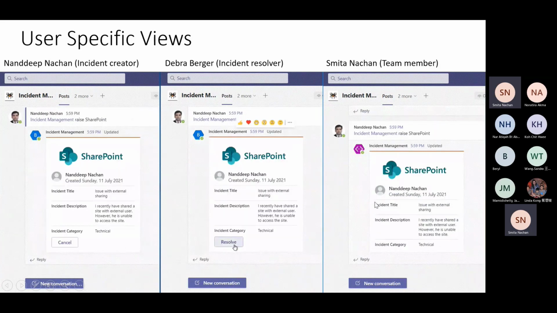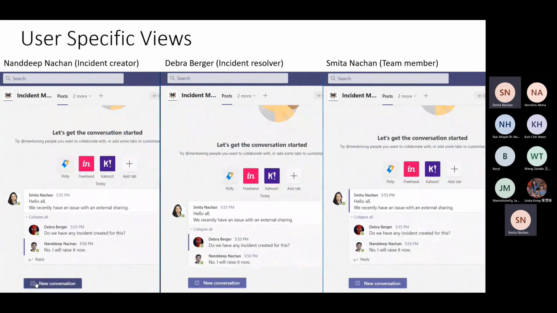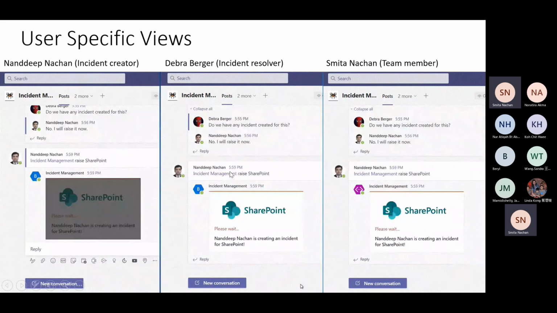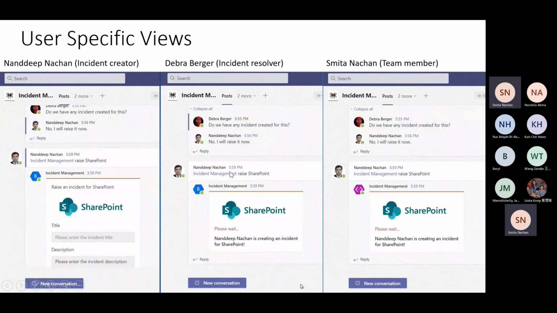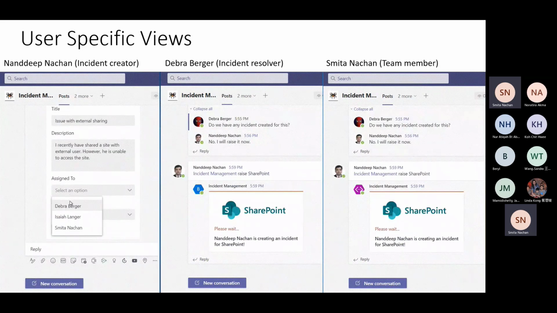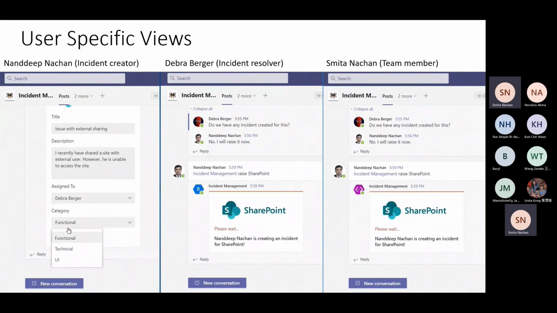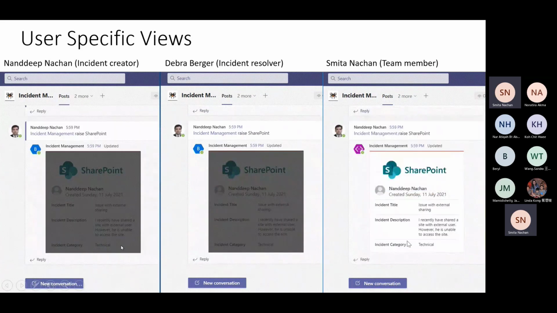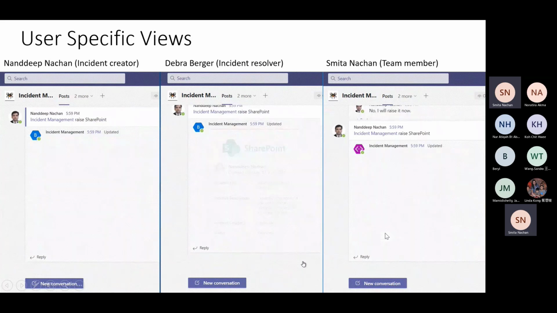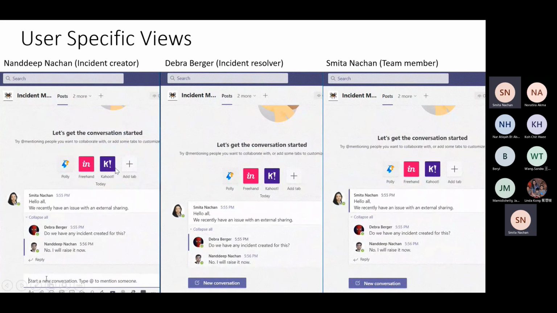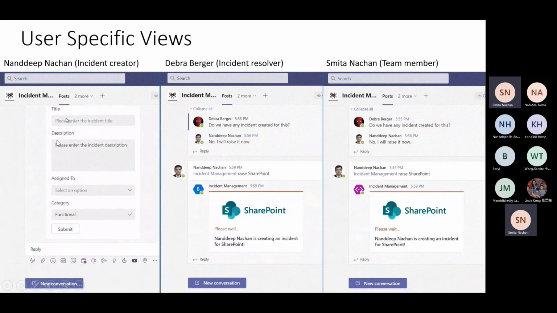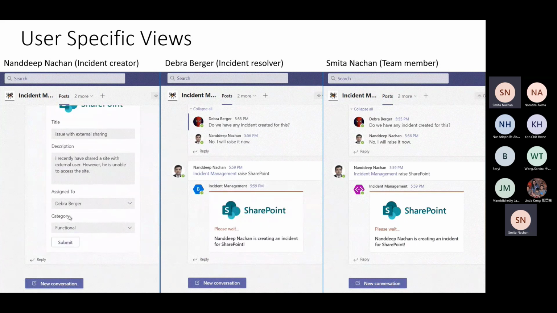So now this card automatically refreshes to the user specific view for Nanddeep and Debra, who are the incident creator and resolver, because their user MRIs are added into the user ID property of the refresh card on the adaptive card JSON. And this card remains the same for the other users in the conversation. So for the other users, this card will remain the same, but only for these two users it will be refreshed. So for Nanddeep, who is the incident creator, automatic refresh triggers adaptive card / action invoke request to the